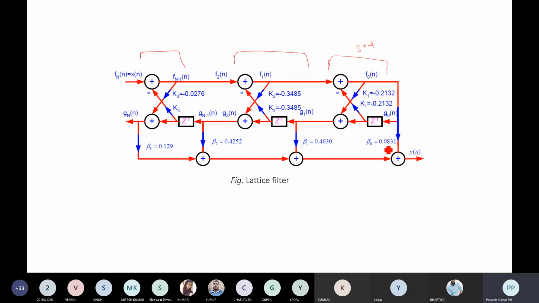So starting with the beta 0, there will be a coefficient, and this multiplied output will be added. The second will be after the adder, whatever output we take will be multiplied by beta 1 and added, and again from the second stage this output will be taken and added, and the final output will be multiplied and added. So this will be giving out the final output y of n, which is given in the question. Okay, so this will be the lattice, we call lattice ladder realization.